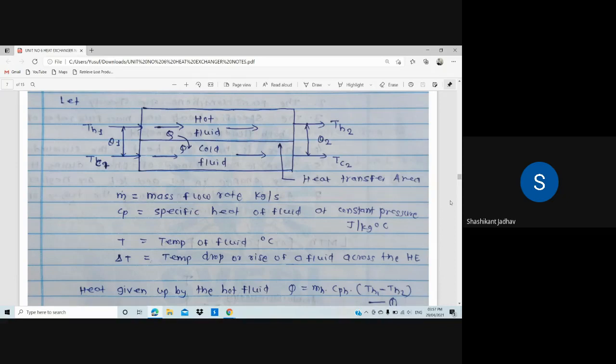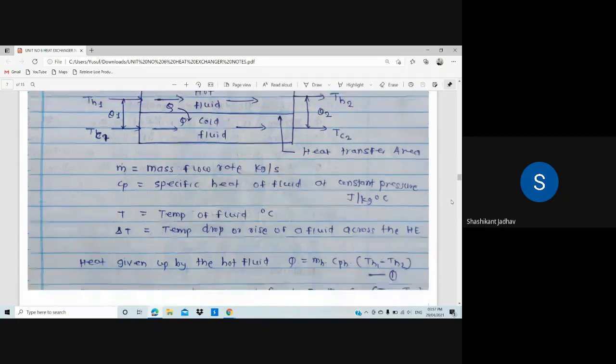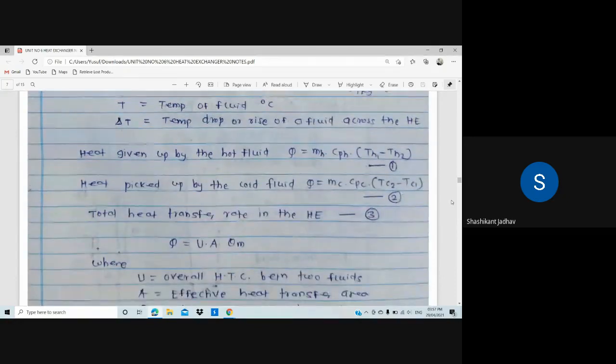म्हणजे hot fluid साठी mass flow rate असणार, temperature असणार आहे, specific heat असणार आहे. So now heat is given by the hot fluid to the cold fluid. So how much heat is in the hot fluid? How to calculate that? We know the standard equation for that, m Cp delta T. According to that equation, we have to write down the equation for this hot fluid, that is, heat given up by the hot fluid. Hot fluid आपली heat cold fluid ला देणार आहे, पण त्या hot fluid मध्ये किती heat आहे? So how to calculate that heat? That is m Cp delta T. Okay, so write down the equation.